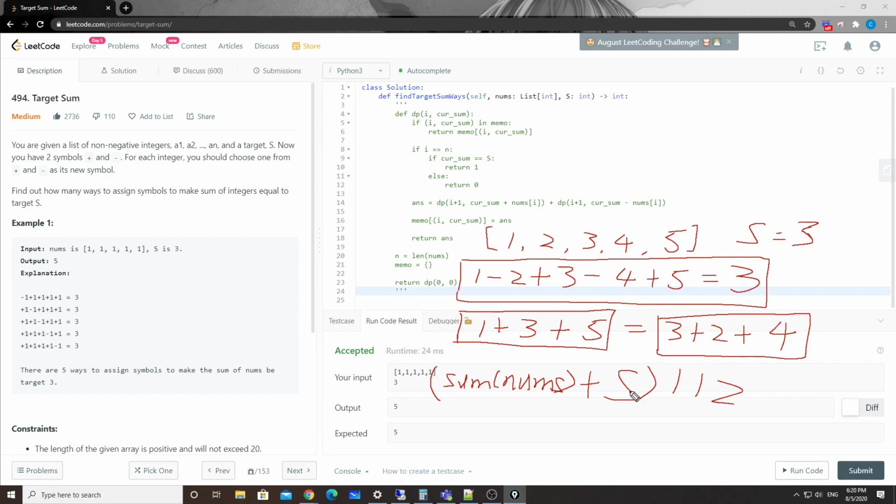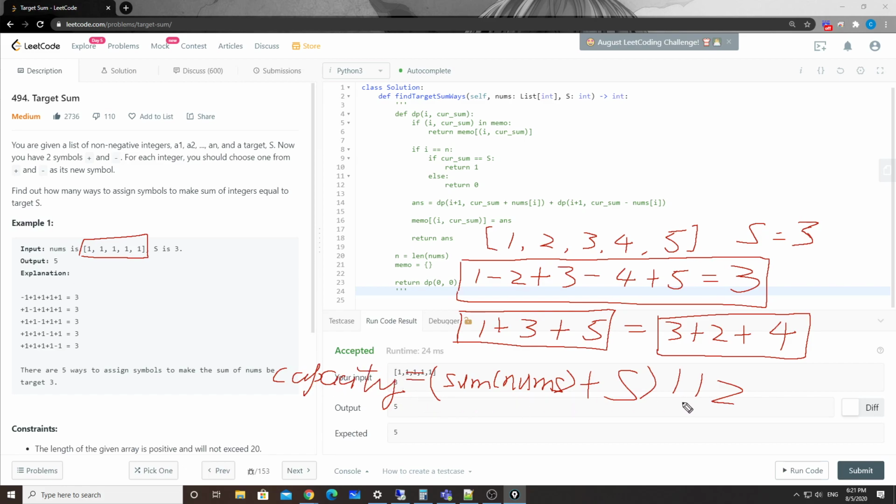So now the question becomes a backpack problem, because the target is the capacity, and the items are all the numbers. Now we just need to find out how many ways we can get to the exact capacity